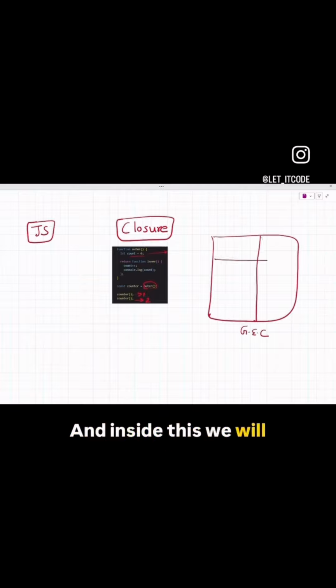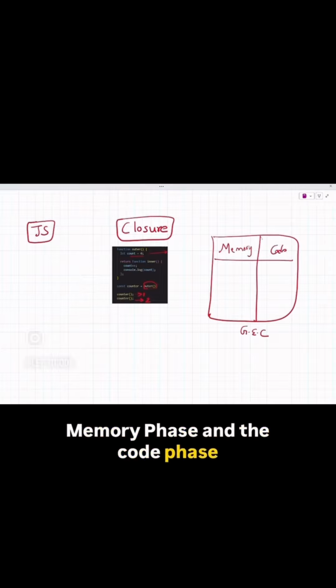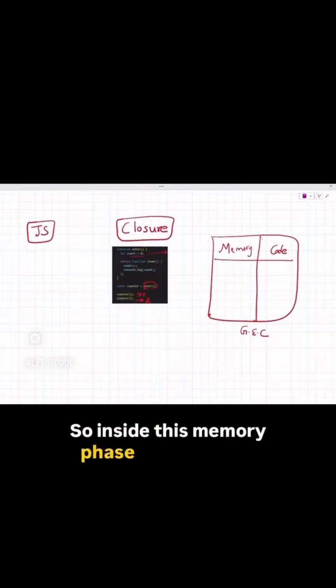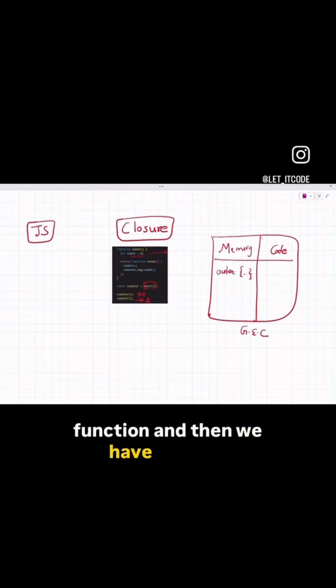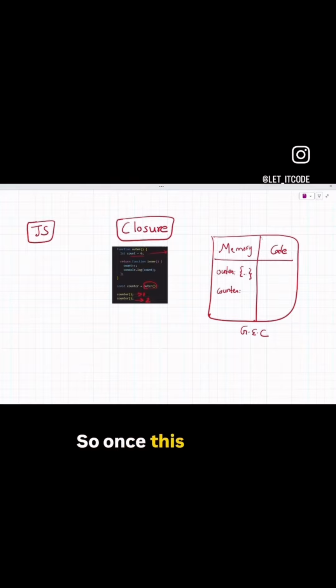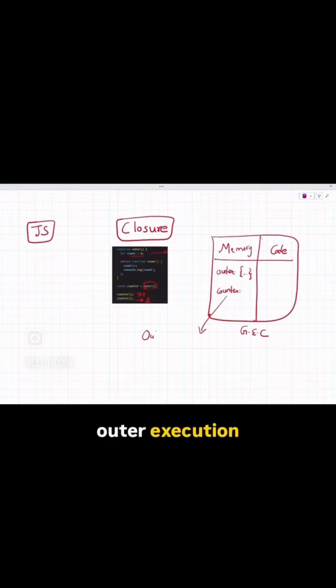And inside this we will be having two phases, memory phase and the code phase. So inside this memory phase, what exactly happens here? Outer is stored as the function, and then we have the counter variable and we are calling the counter. So once this counter is calling the outer function, what happens is an outer execution context is created and it